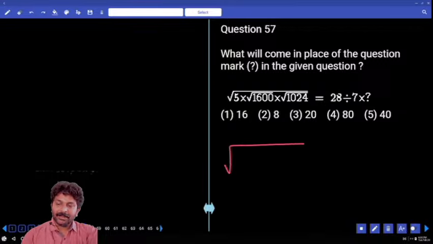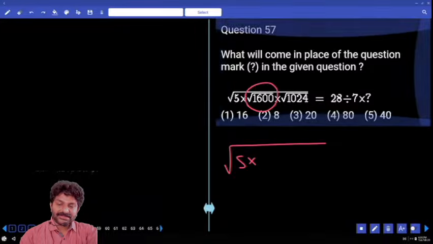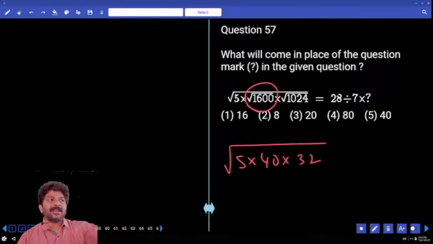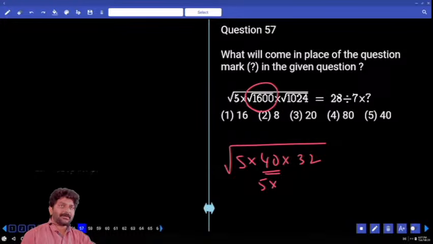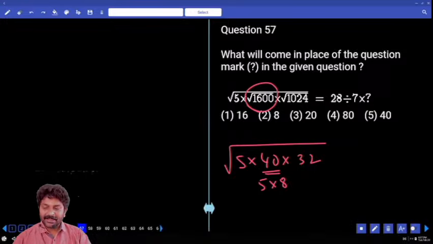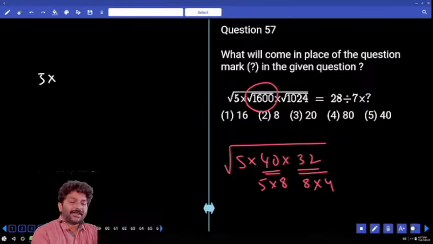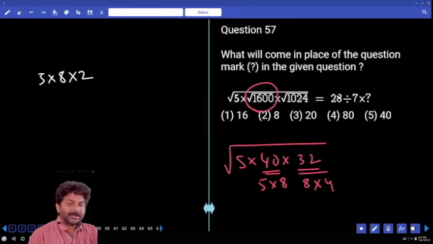Yes, under root of 5 into, what is this value? Into 40, because already 5 is there. I want to write 40 as 5 multiple, because that will be easy for me to take that number outside. Understood? 5 into, because 180 is here, I would like to convert 32 as 8 into 4. So inside bracket we have 5 square, 8 square, 2 square. So when it comes out, it becomes 5 into 8 into 2 is equal to